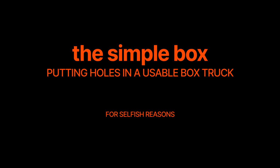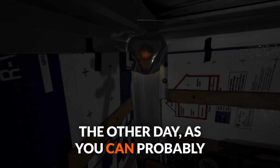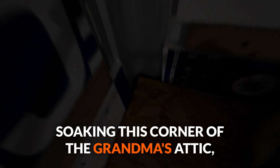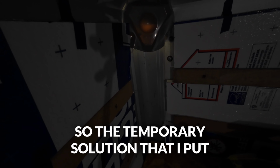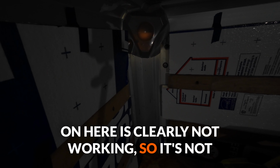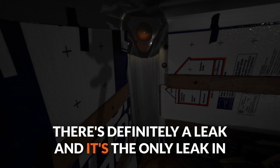However, the hole that I accidentally made the other day, as you can probably see, is currently dripping water and is soaking this corner of the grandma's attic. So the temporary solution that I put on here is clearly not working. It's not gushing through, which is good, but there's definitely a leak,